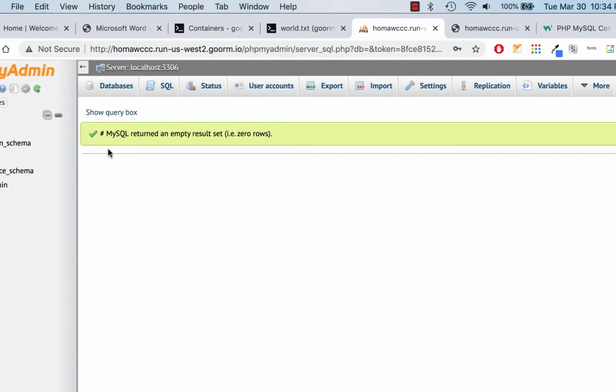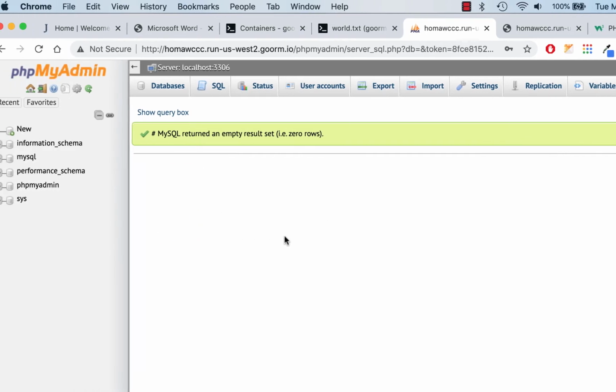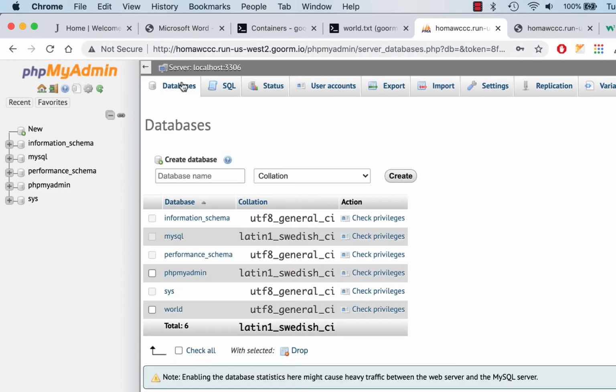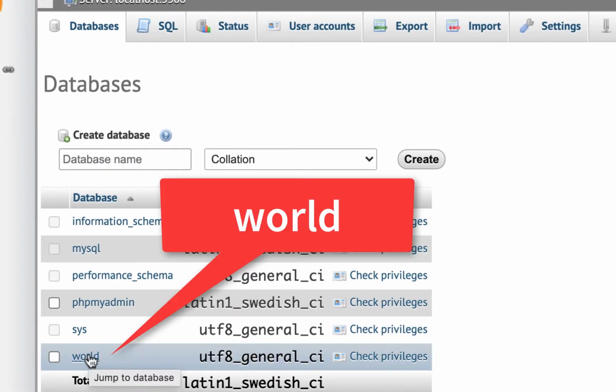And what you want to see is green. If you see green with a checkbox, that's good. And you don't see the database yet, but I'm going to go back to databases, and there it is. There's world. And if I click on world,